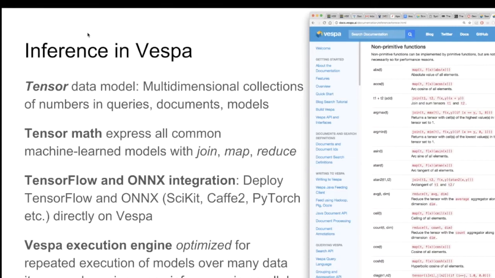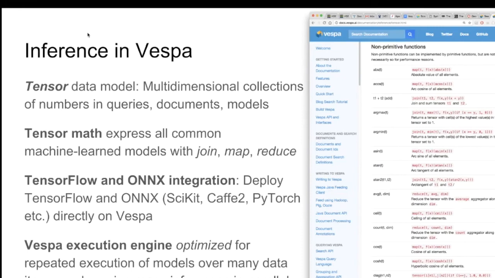So we have a tensor mathematical language with a few operations that can express all the common operations that we see in things like neural nets or other kinds of models. So they can all be translated to a combination of the simple operators that we have in Vespa. That allows you to write machine learning models by hand, either using these high-level functions or the basic low-level functions of Vespa.